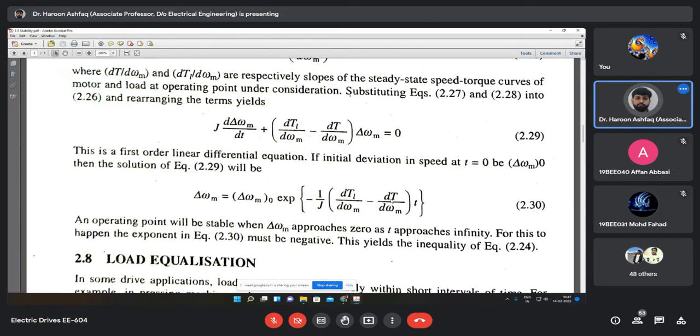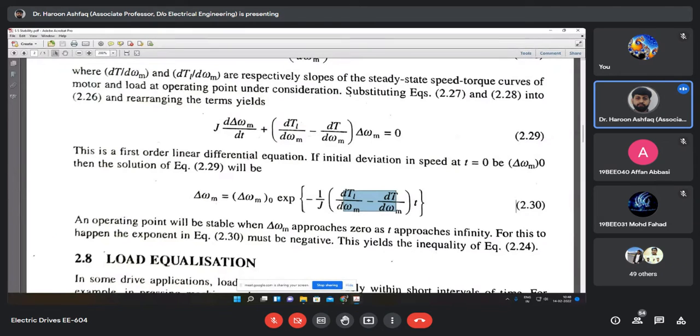यानी dTL upon d omega minus dT upon d omega should be negative. नेगेटिव होने का मतलब ये है कि dT upon d omega must be greater than this. तभी ये जो आपके पास इस ब्रैकेट में ये टर्म है, ये जब ही नेगेटिव होगा, जब आपके पास राइट हैंड साइड पे टर्म है, यानी माइनस के साथ जो है, ये ग्रेटर होगा लेफ्ट हैंड साइड वाले टर्म से। Only then this would be negative. अगर ये नेगेटिव होगा तो ये नेगेटिव नेगेटिव मल्टीप्लाई होकर पॉजिटिव बन जाएंगे, and you will be having an exponential value to be positive. ठीक है, तो that is why, in other words you can say that dT upon d omega must be greater than dTL upon d omega,